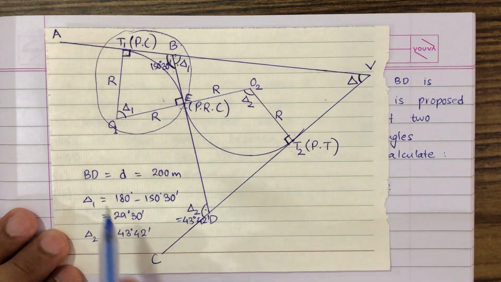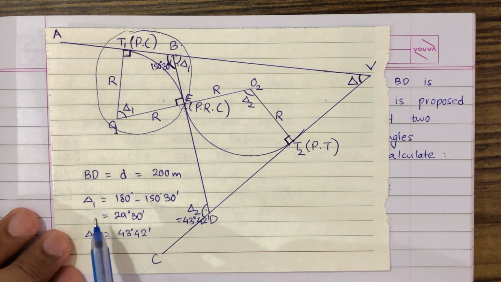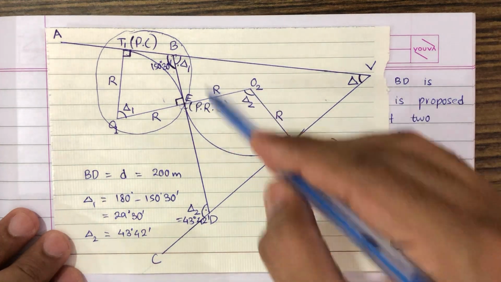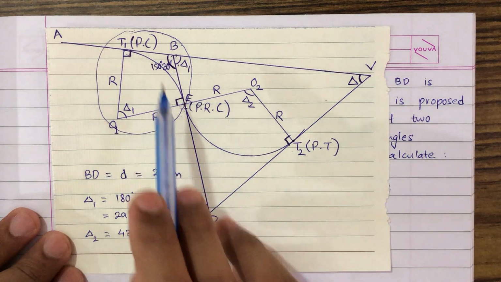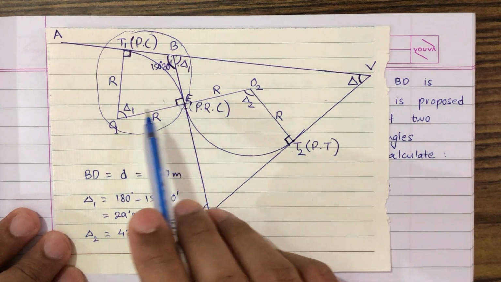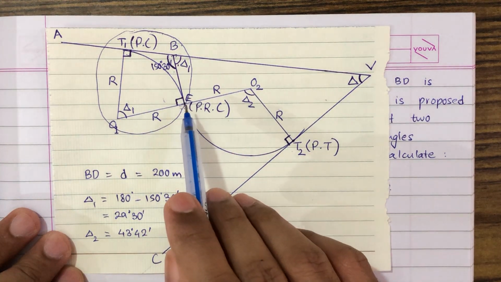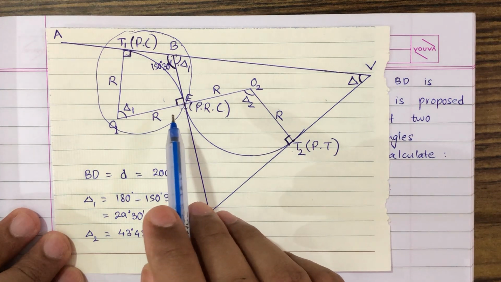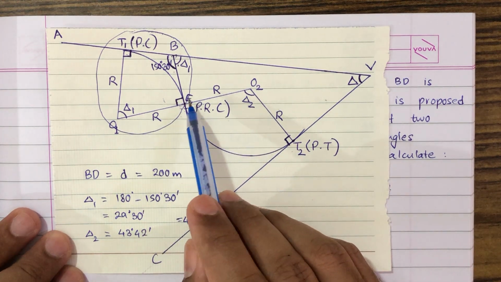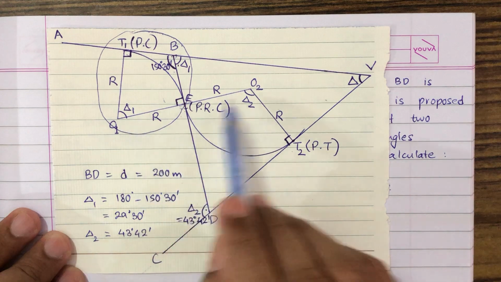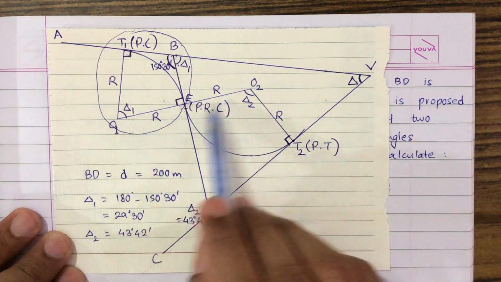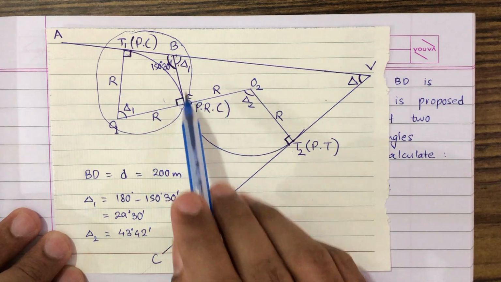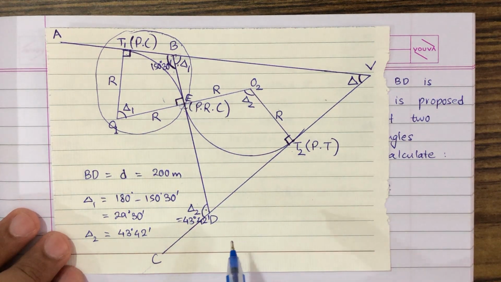So these three parameters are known, that is delta 1, delta 2 and BD, the length of the common tangent. This common tangent is common to both arcs, arc T1E and arc T2E as well. As this is a common tangent, it should be perpendicular to the common radius as well. This radius is the common radius to both the arcs, so the tangent should be perpendicular to that common radius.